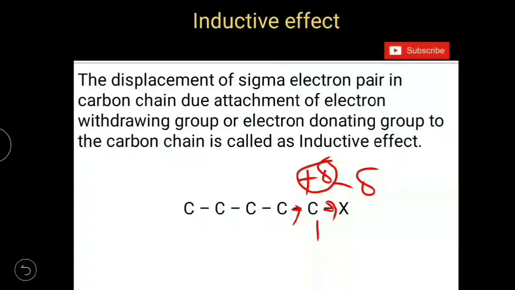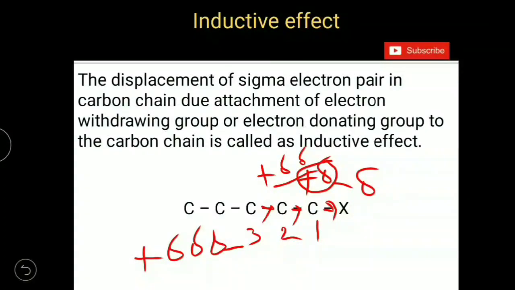So this electron pair is moving away from the second carbon atom. So second carbon atom also gets partial positive charge. From second carbon to third carbon, between these two, second and third carbons, second carbon got partial positive charge. So the electron pair between second and third carbon also moves towards second carbon. Because of this, this third carbon also gets